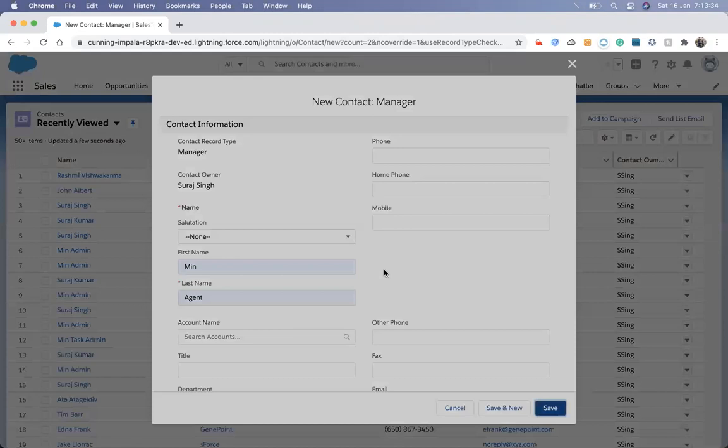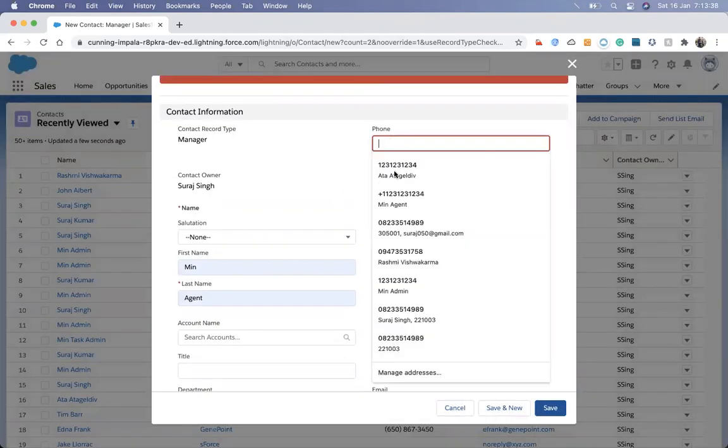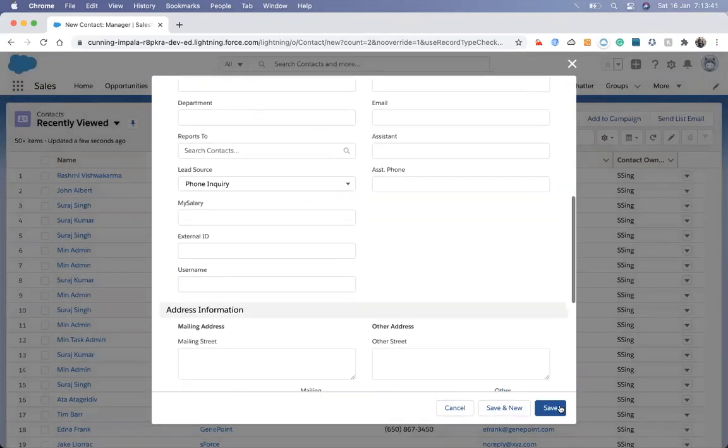So now it's throwing me an error. Suppose I enter the value and hit the save.